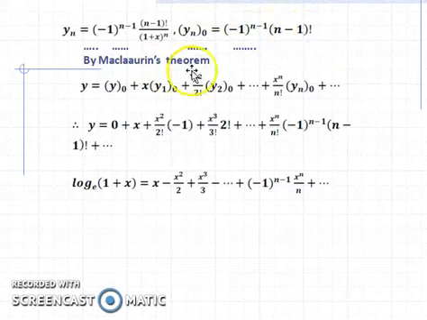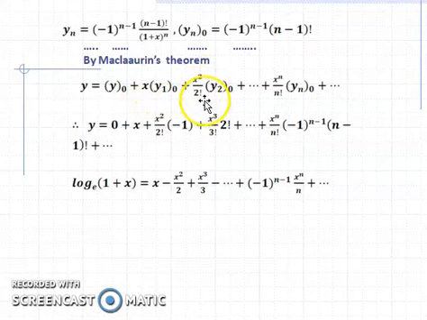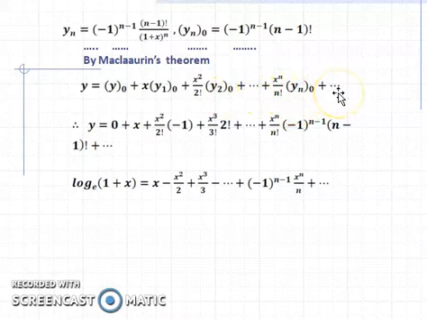By using the Maclaurin theorem, see here the statement of Maclaurin's theorem: y = y(0) + x y1(0) + x²/2! y2(0) + ... + xⁿ/n! yn(0) + ...